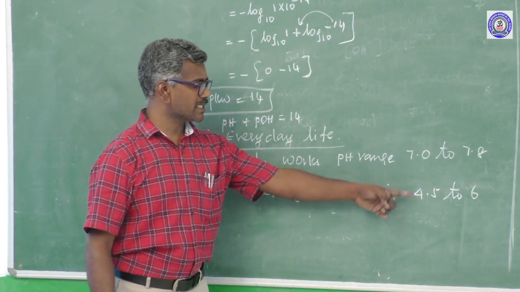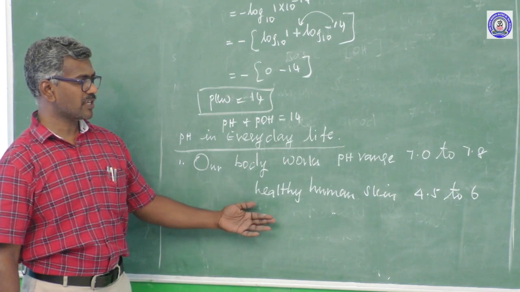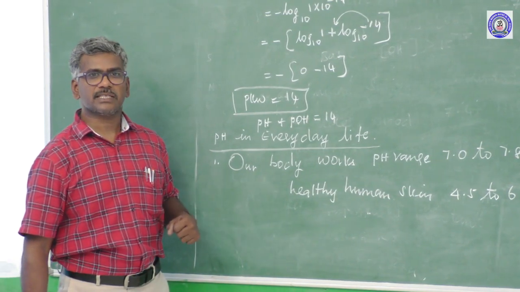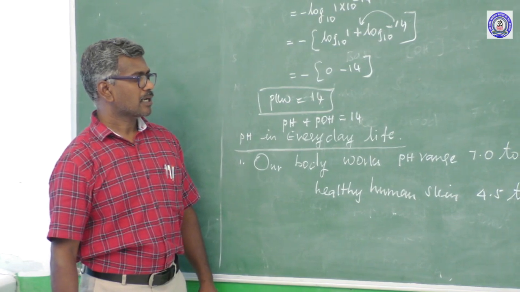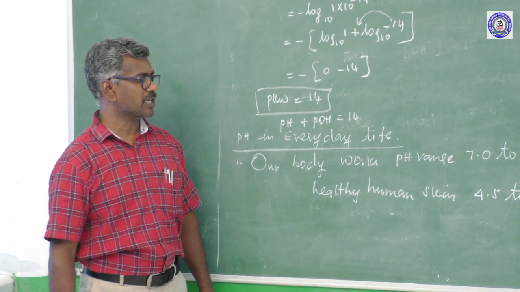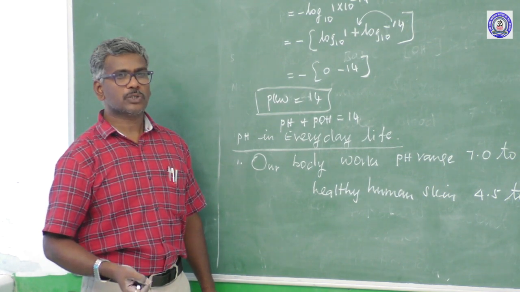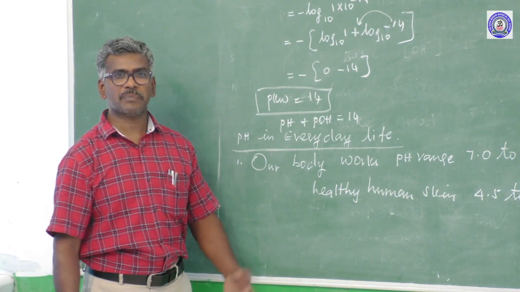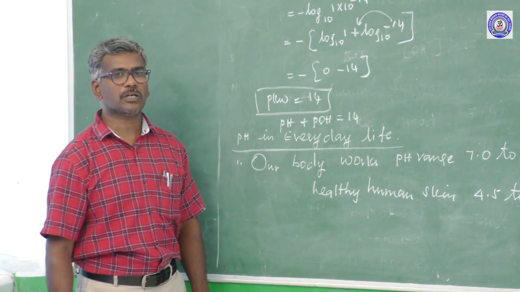If this value increases or decreases, it may cause a fever or some other defect. Our teeth are made up of calcium phosphate. The mouth's pH range is 6.5 to 7.5. This can fall down, so toothpaste is basic in nature. The base reacts with acid to form a neutral product. This prevents teeth decay.